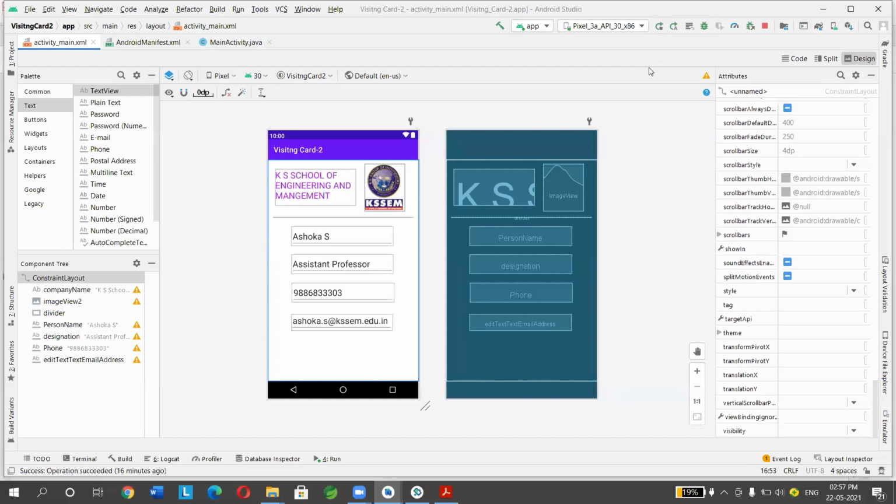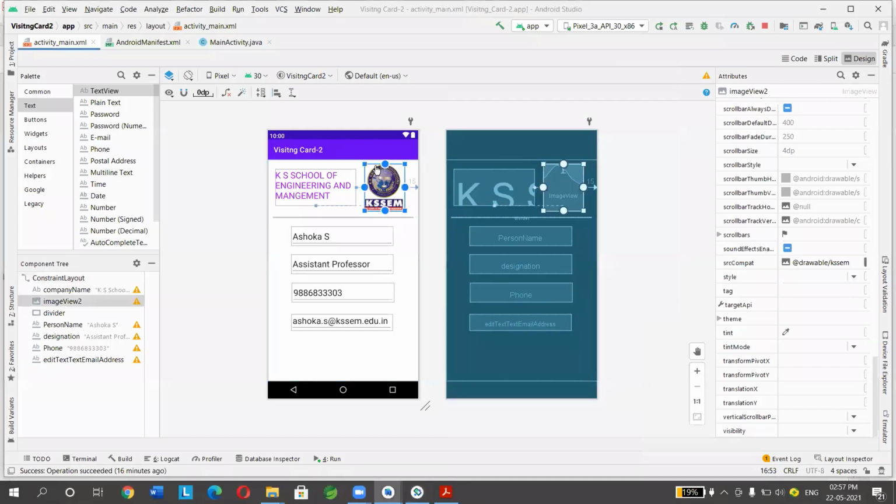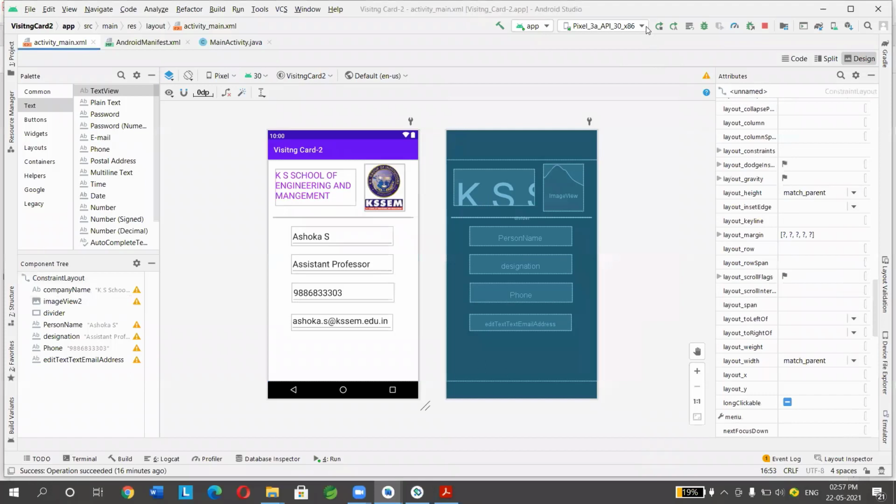So let's run this. Previously, when we ran, I had designed only the company name and logo. I have completed it now. In order to run, this is the emulator, and here the run app option is there. So click on that. See, Gradle building, running.